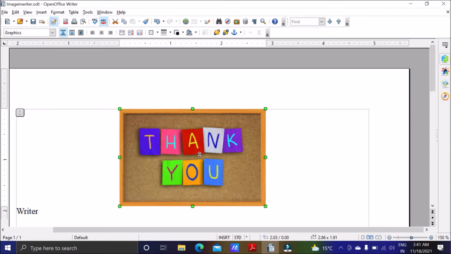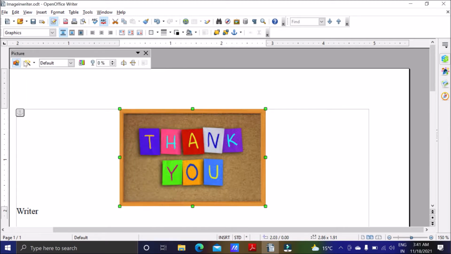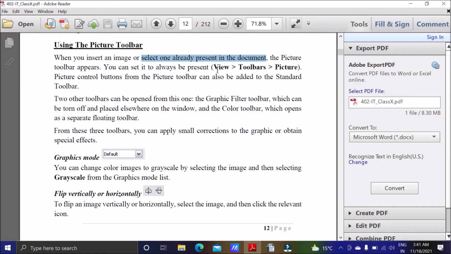So I can deselect it. Now the picture toolbar will not come when I click on the image. If I want to make it available again, because it is very important, I will click on Picture again, then the picture toolbar will come. So View, Toolbars, and then Picture.